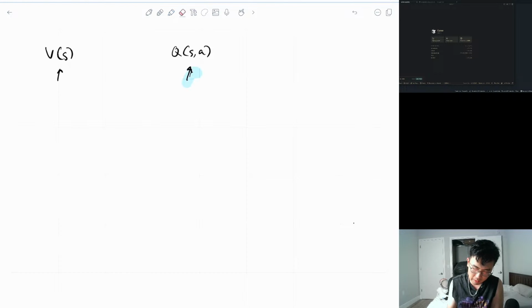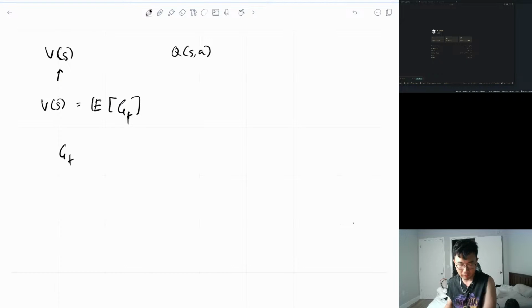As I said, these functions capture how good a particular state or state action is. So how do we formalize that? It is simply equal to the expected return, where return is given by G of t. What is return? Return is simply the sum of discounted rewards. That is, to formalize, we are at a state, we can take some action, and we're going to end up